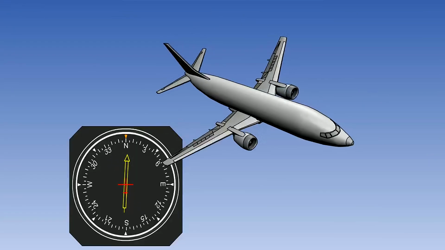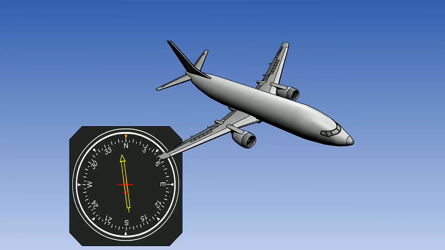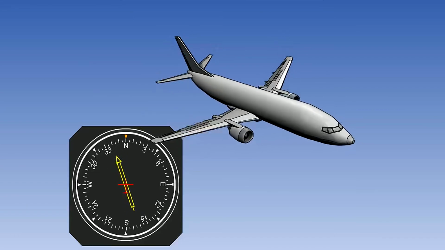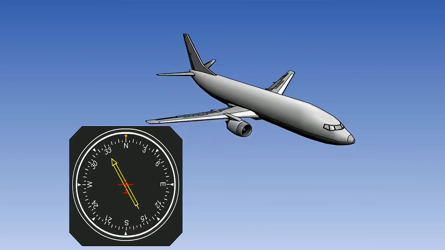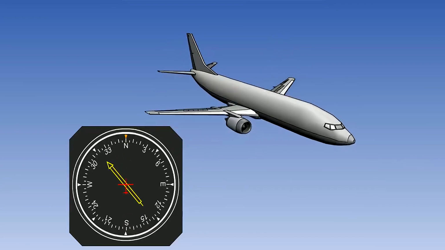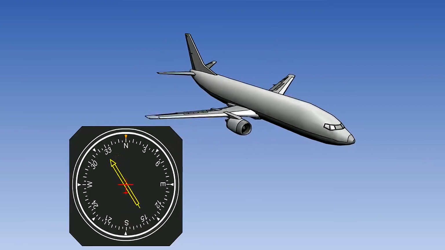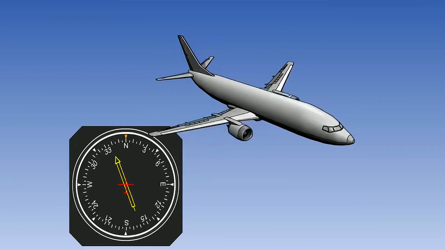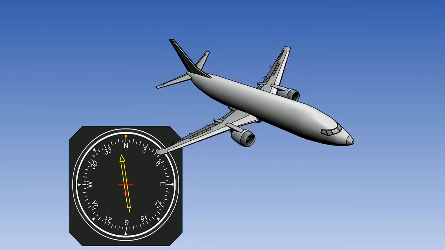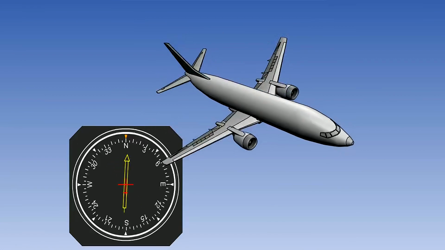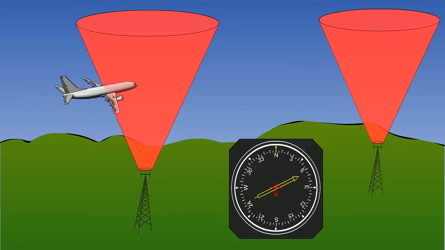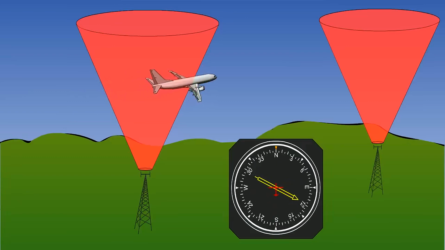Dip error refers to an inaccurate ADF reading when the aircraft is banking. Because the system is designed to work in horizontal flight, any banking will tilt the horizontal arms of the loop antenna, and this produces an electrical current which causes a small error in the indicated bearing. If a left wing is lowered, the ADF needle will fall in the same direction by about 10 degrees. Finally, in the list of errors, there is the cone of silence extending upwards from the beacon. Within this cone, accuracy is poor.